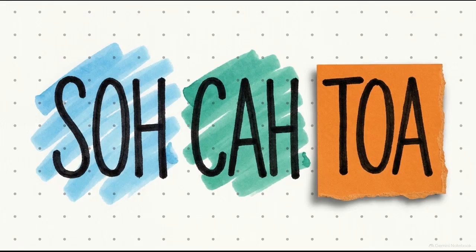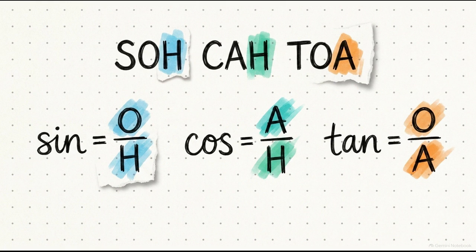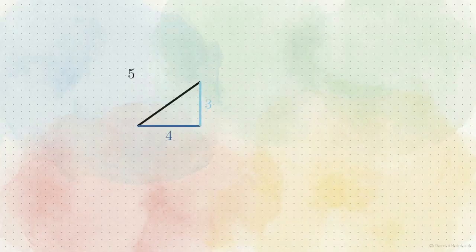To connect your angle to those side lengths, we use a standard memory tool, SOHCAHTOA. Sine equals opposite over hypotenuse, cosine equals adjacent over hypotenuse, tangent equals opposite over adjacent. We can apply those rules directly to a standard triangle with side lengths of 3, 4, and a hypotenuse of 5. Following SO, the sine of our angle is the opposite side divided by the hypotenuse, 3 divided by 5,